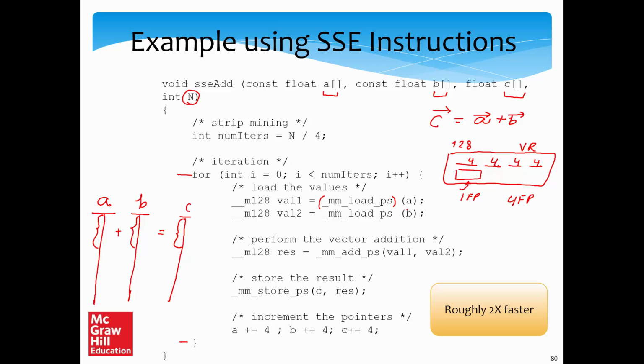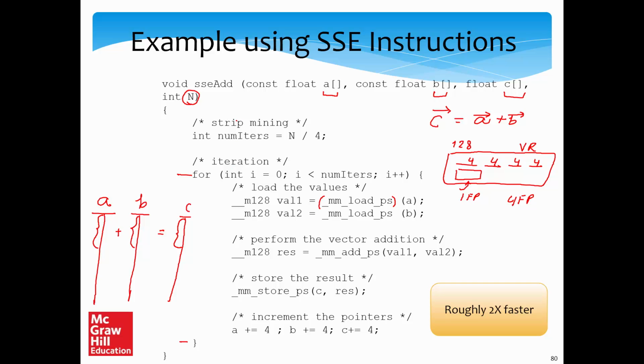Similarly, the assembly instruction loads 4 floating point numbers from the pointer B and saves it in the vector register val2. So the vector registers val1 and val2 contain 4 floating point numbers each. So then we perform the vector addition. So again there is a built-in function. So each of these built-in functions actually encapsulates real assembly instructions. So just so that the programmer does not have to use real assembly, these functions are provided. Also later on, if the programmer is using these functions and the instruction set changes, then the programmer's code at least will not need to take care of that.